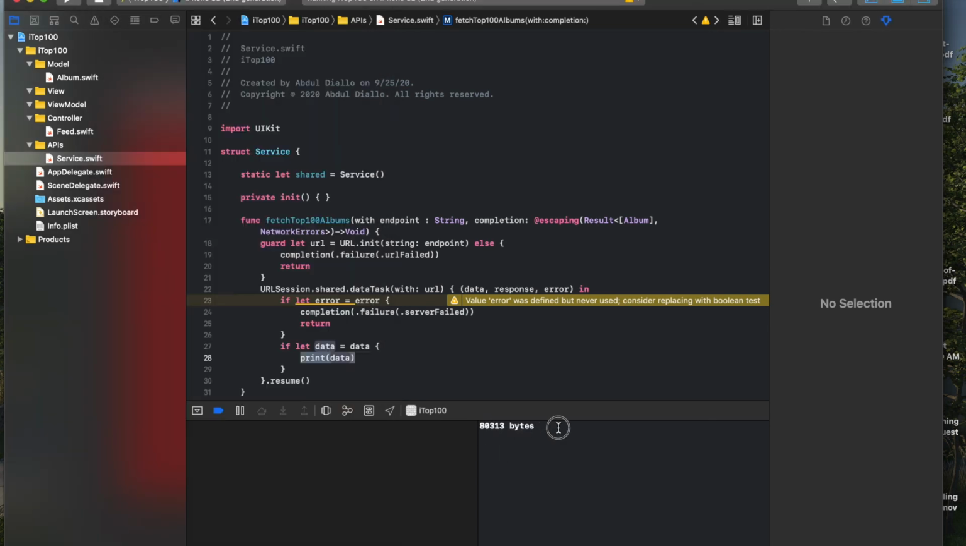there we go. All right, it was a lot, I understand, but thank you for sticking around, and in the next video we'll be fetching the real data and parsing it and displaying it on a table view, leveraging